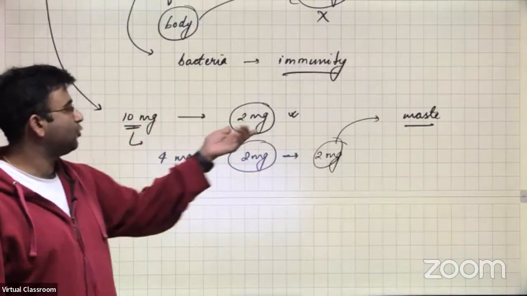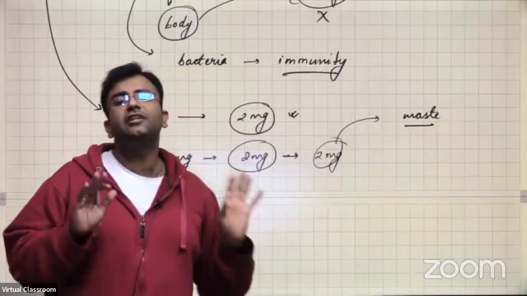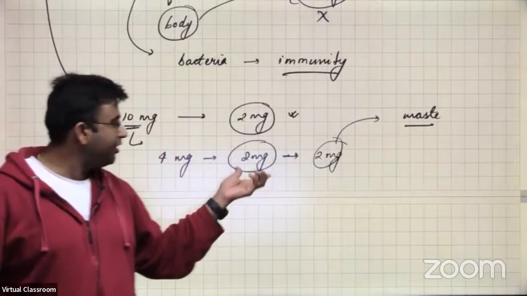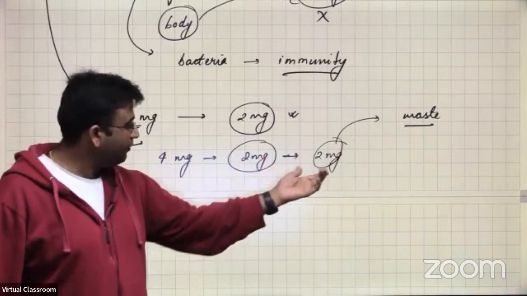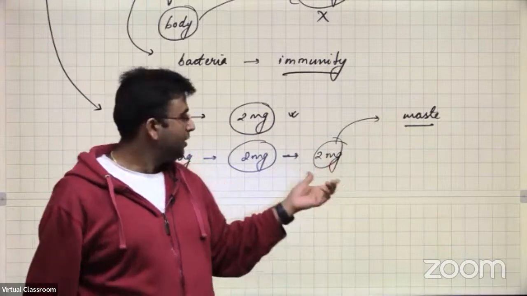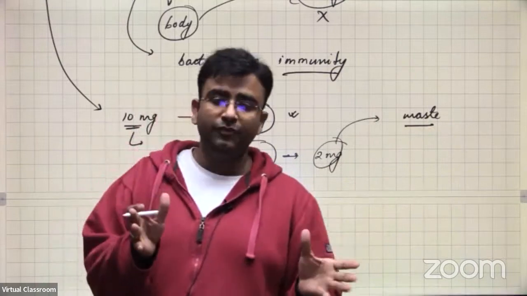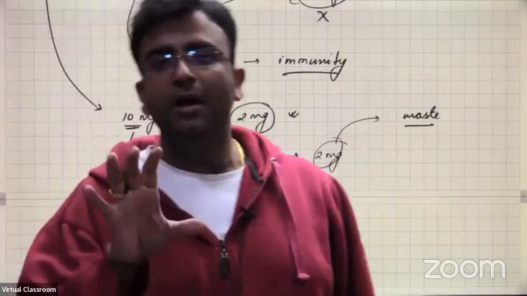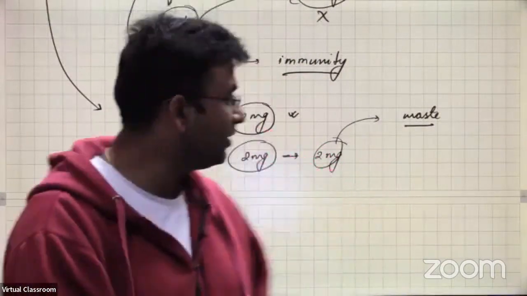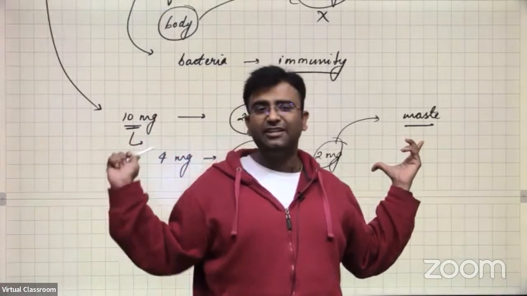You were supposed to take 2 milligram tablets for 5 days for 10 milligram to kill the infection inside you. Instead of 2 milligram, you are taking a 4 milligram tablet. Your body can absorb only 2 milligram. So where will the remaining go? It will go out of your body in the feces or the urine. Now this antibiotic in your feces and urine is in a very diluted form. And my dear friends, what doesn't kill you makes you stronger. It's a natural phenomenon, right? So this diluted antibiotic, when it will be there in the sewage, where the bacteria are present,